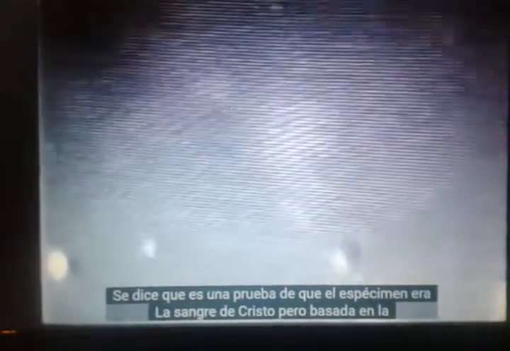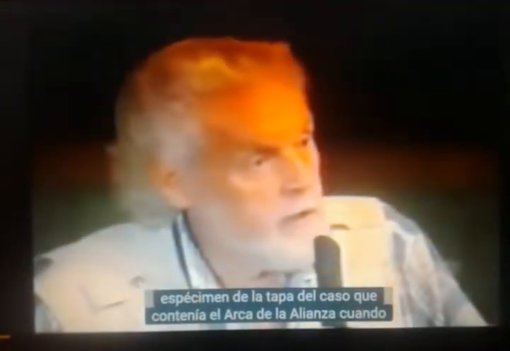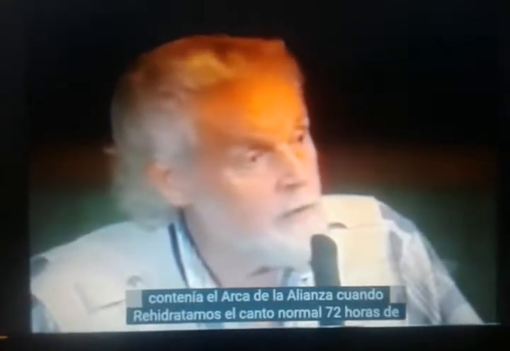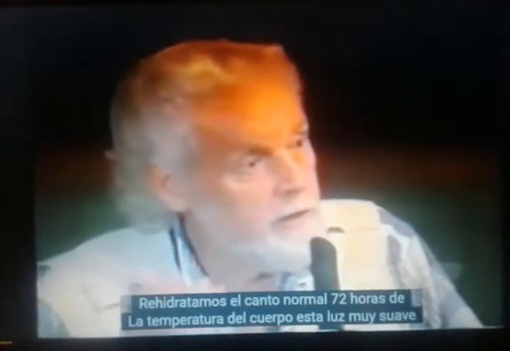The results we obtained in no way can be said to be proof that the specimen was the blood of Christ. But based on the location from which the specimen came, we believe it was what Ron believed it was. Years earlier, Ron had taken a blood specimen from the lid of the case which contained the Ark of the Covenant. The blood of Christ is only dried out, folks. It's not dead. When we rehydrated it with normal saline, 72 hours of body temperature with slight, very gentle swirling, and put the white blood cells in a growth